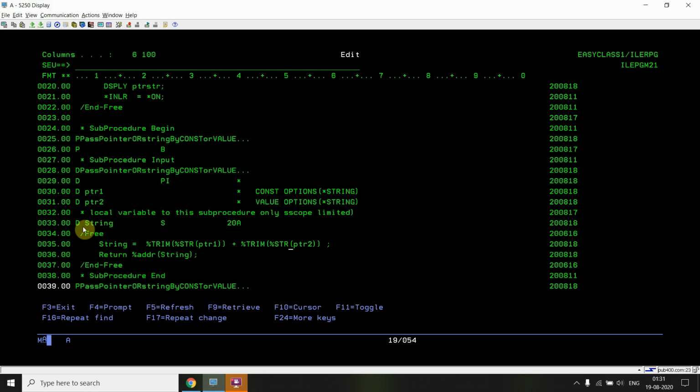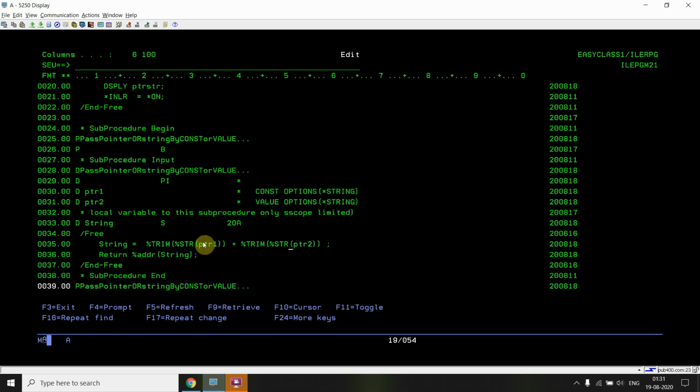So ptr1 is the pointer, and it works on the pointer. It takes the null-terminated string at the data present at that address.